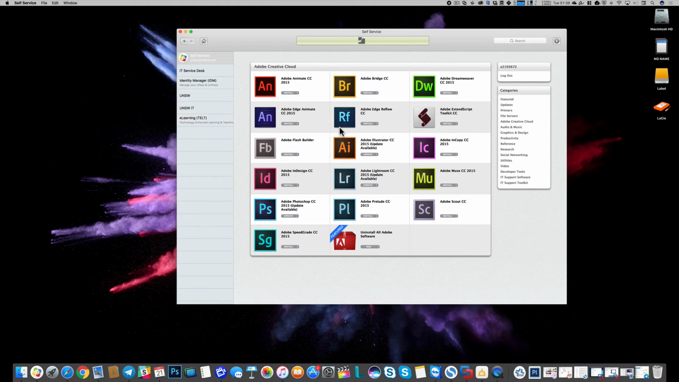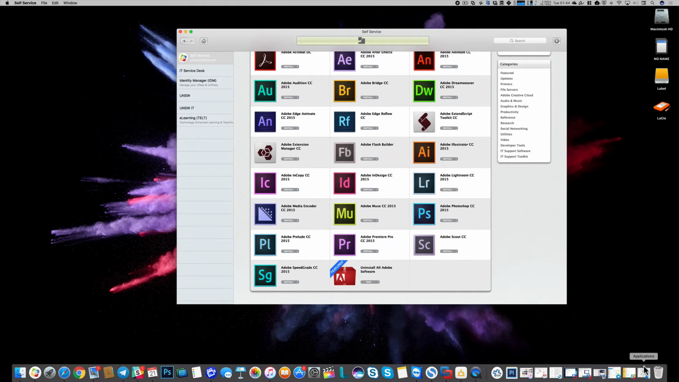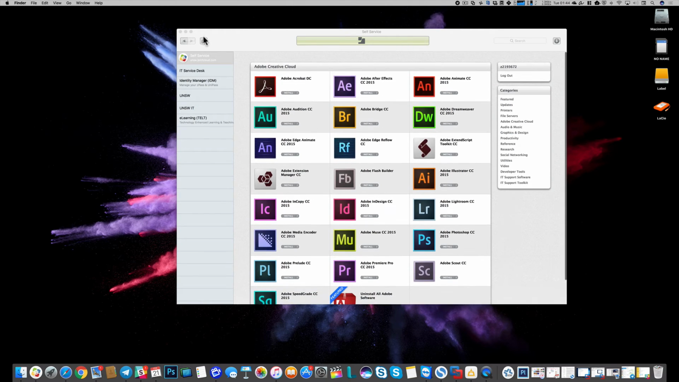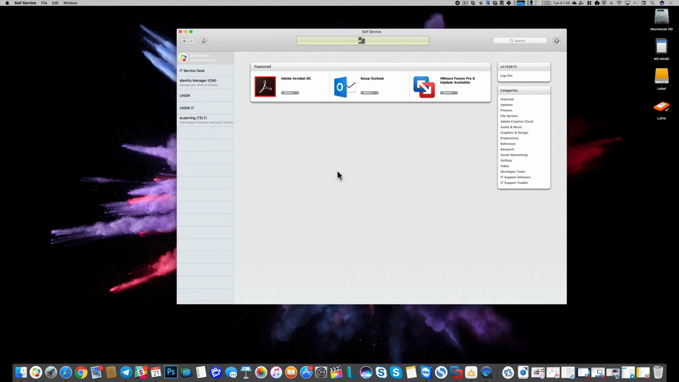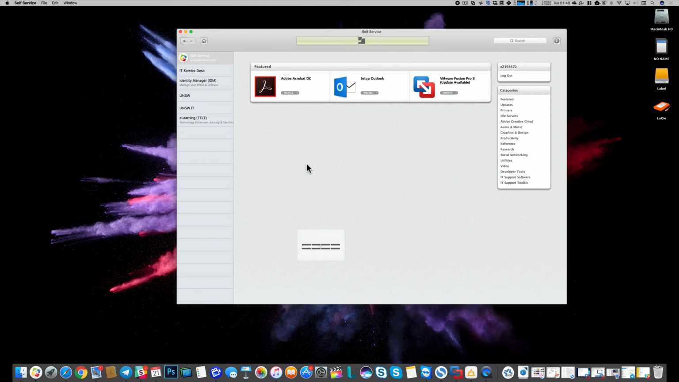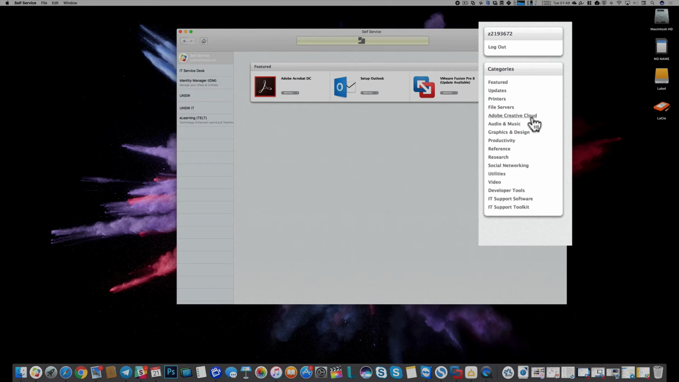Okay, so that didn't take too long. And now if I look inside my applications folder, there's no Adobe there left. So that's a good sign. Let's head back to the self-service app. Okay, so now I'm just going to hit refresh, which is basically just this little home button at the top here. If I hit that, that will refresh self-service. That should work out that I've just gotten rid of Adobe 2015, and then will let me install 2017. So if I go to Adobe Creative Cloud once again in the sidebar here,